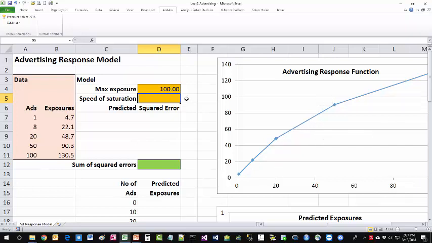So let's put 1 just to have something for the parameter. Okay, and then what we're going to do is go into the predicted column C, and we're going to start with that single ad in cell A7. And I'm going to use that